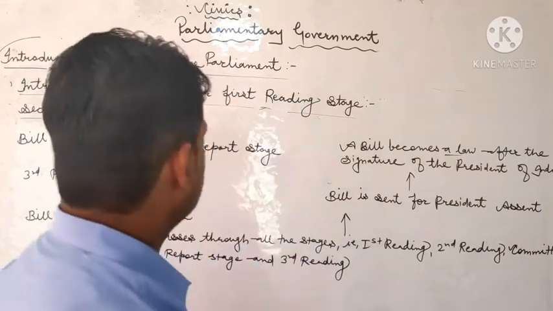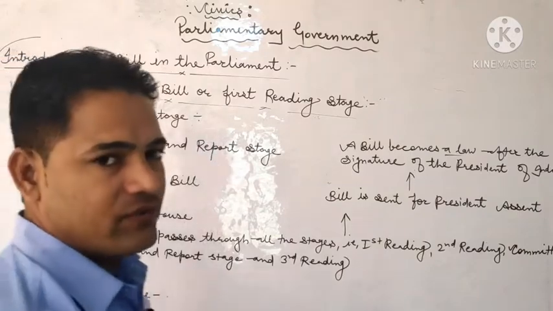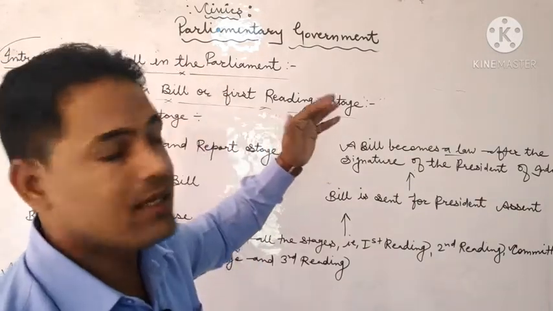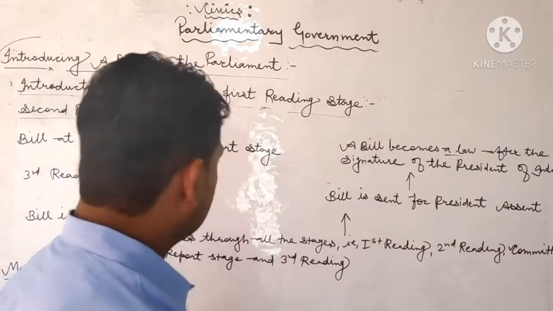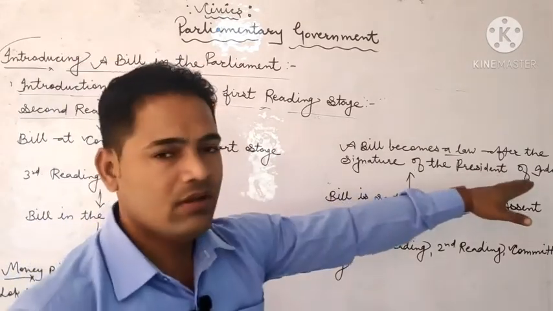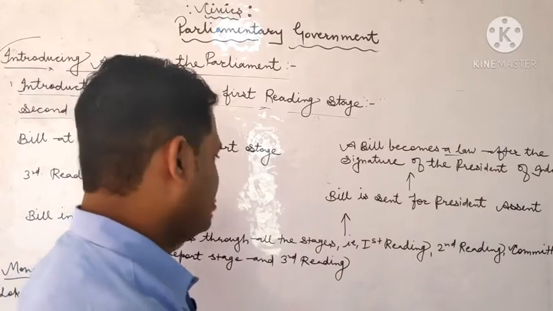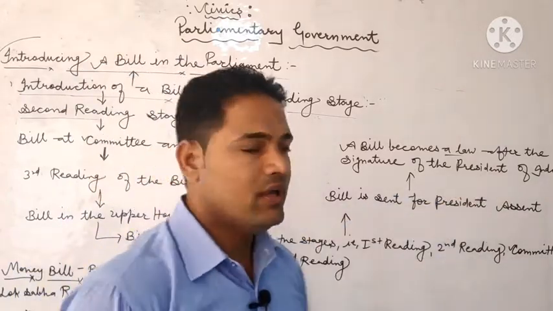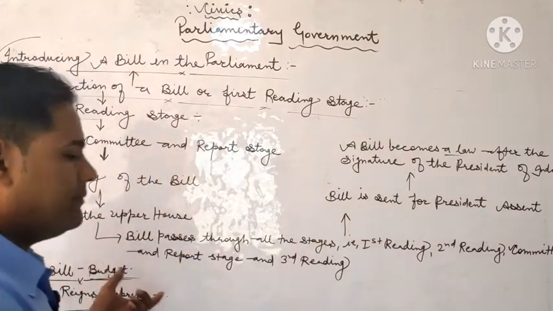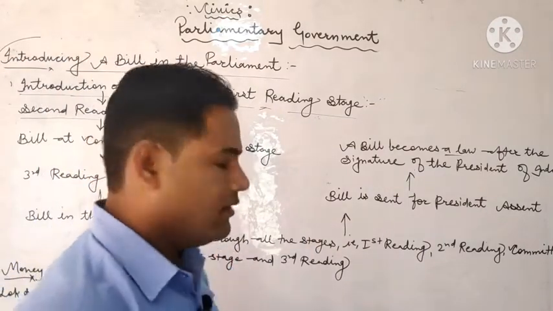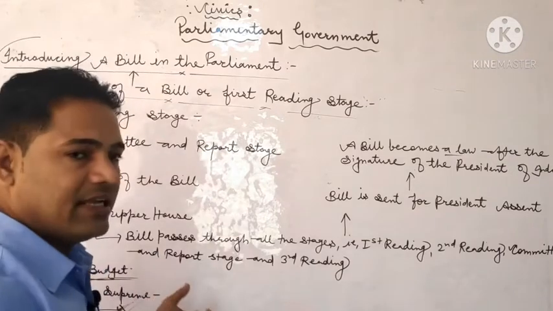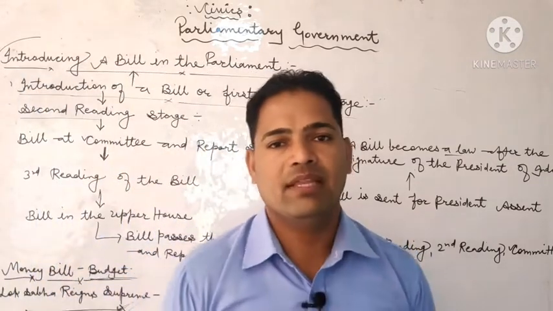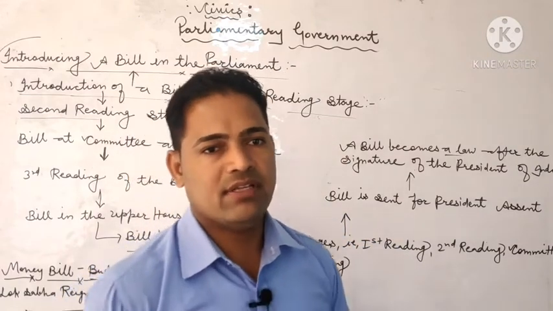So today, my dear students, I hope you understood very nicely how a bill is passed in Parliament, the journey of a bill from a bill up to a law, how it changes into a law after different stages in the Lok Sabha and Rajya Sabha, and how a money bill can be passed in the Lok Sabha only, very different from an ordinary bill. And why the Lok Sabha is considered supreme over the Rajya Sabha. This is all we have discussed today.